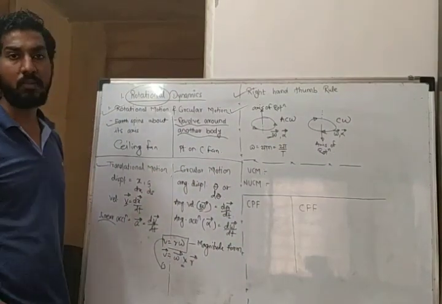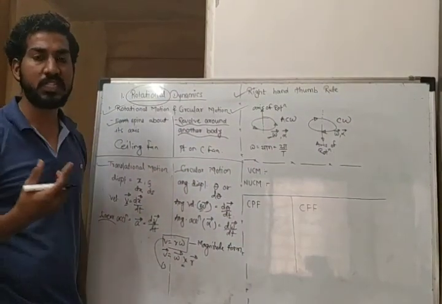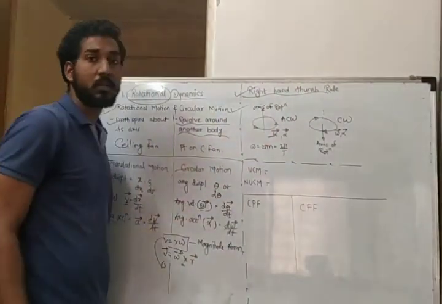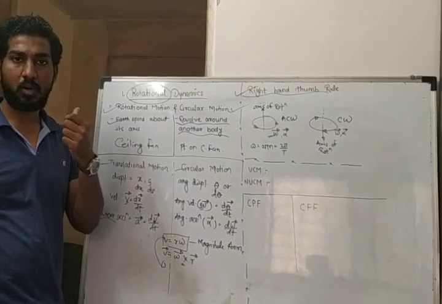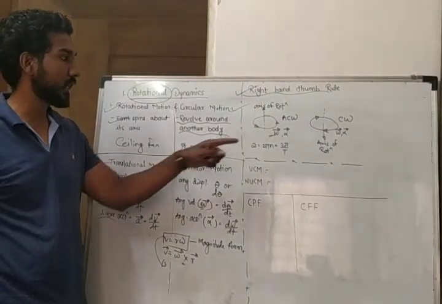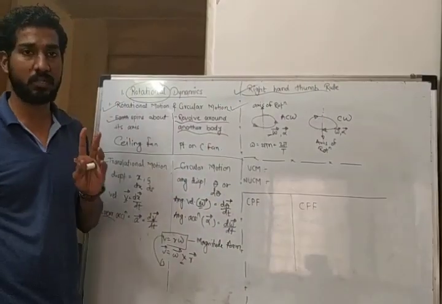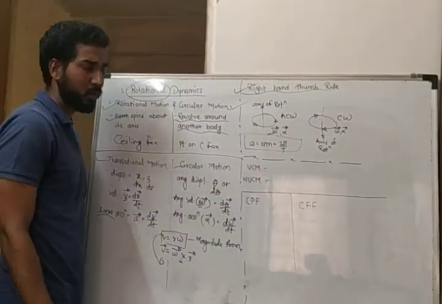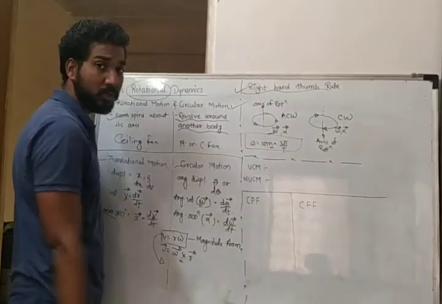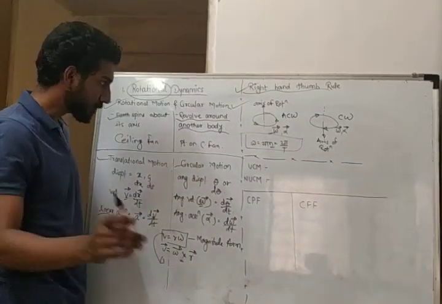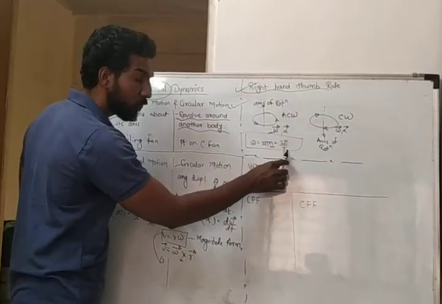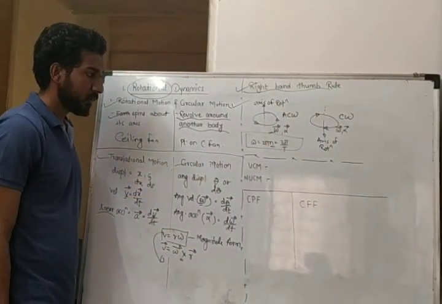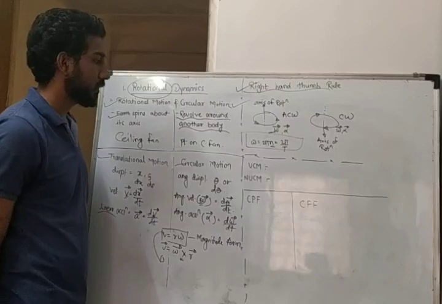If you have any MCQ in CET or NEET, they will ask you the objective of the right hand thumb rule, or what it means. At that time we can say it shows the direction of velocity. That's it. Again, the basic formula: omega is equal to 2 pi n, where n is the frequency. Instead of frequency we can also write 1 upon T, so the formula will be 2 pi upon T. This is all about the right hand thumb rule.